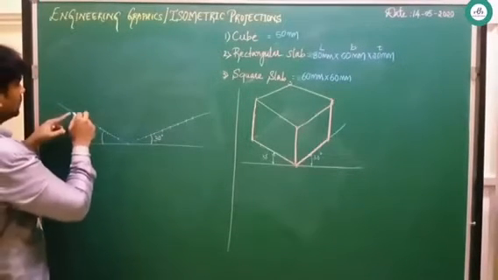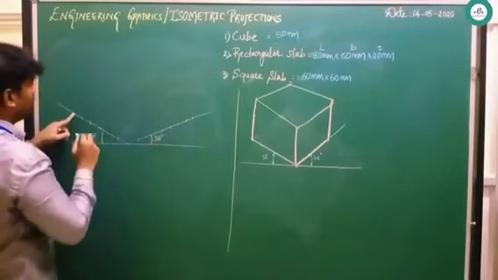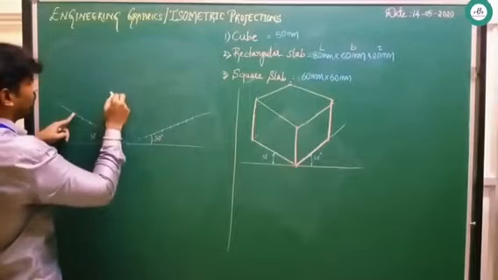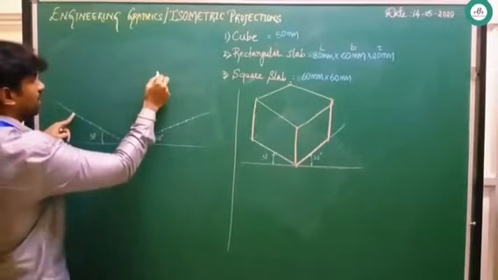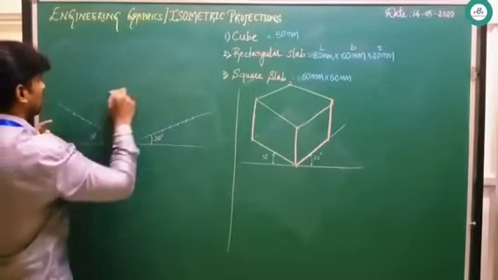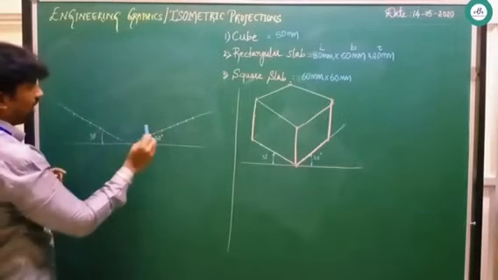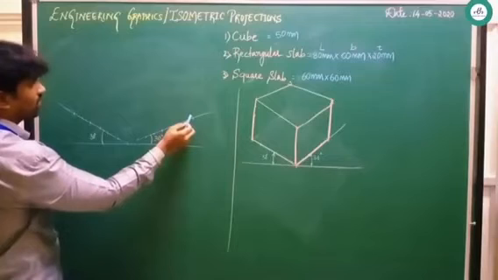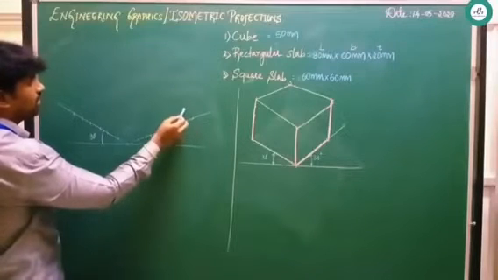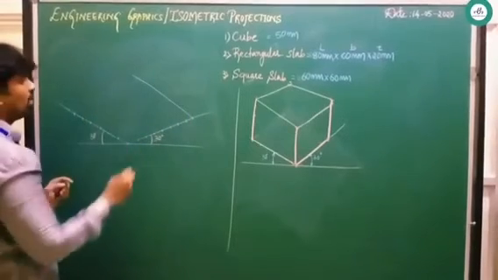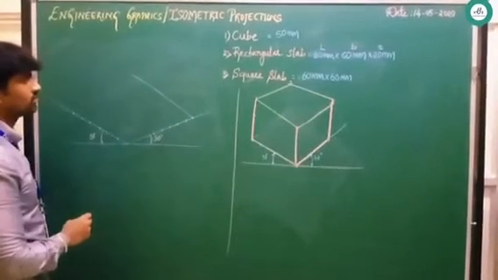After this, again to the right side we have taken a length. You can start counting from this point, 10, 20, 30, 40, 50, 60, 70 and 80. After this you can draw one line. Definitely this line will be parallel to this, and from this point again you can start counting, that is 60: 10, 20, 30, 40, 50, 60. Then you can draw this particular line.